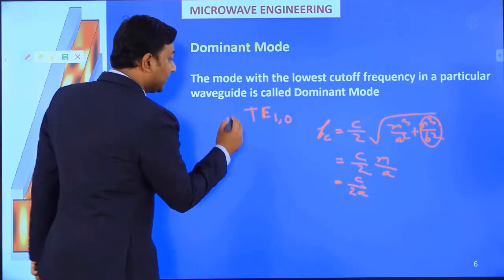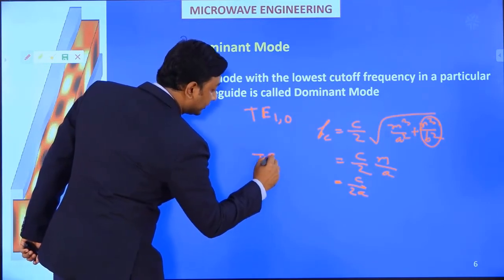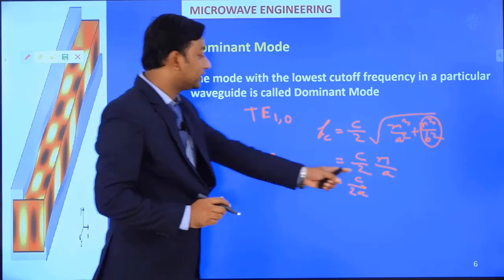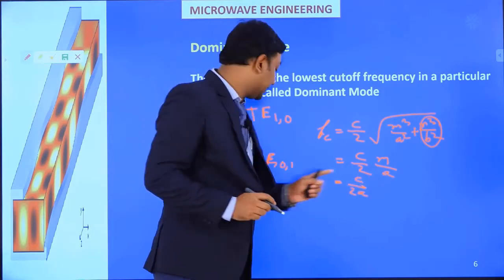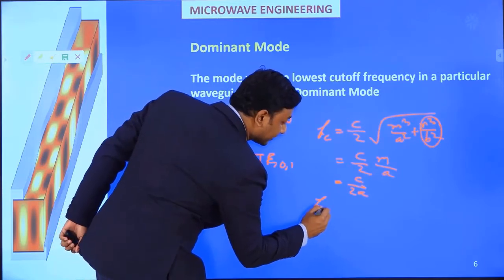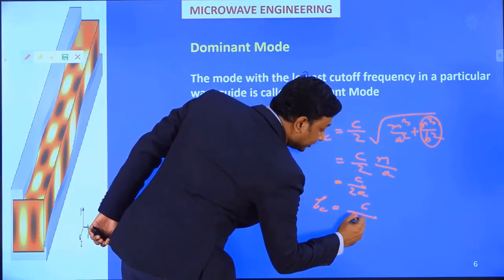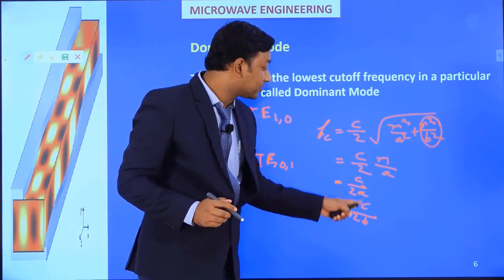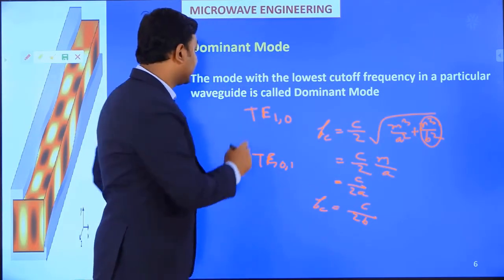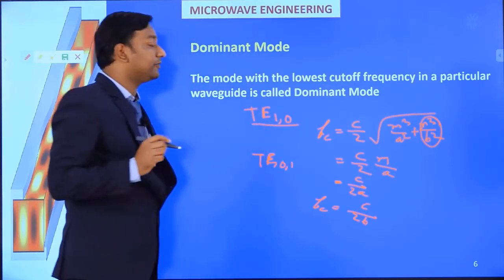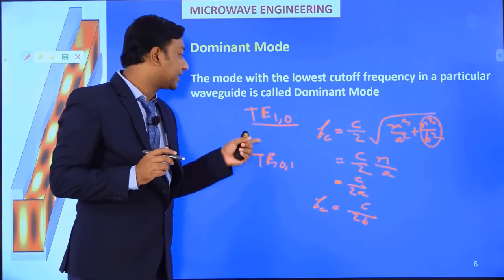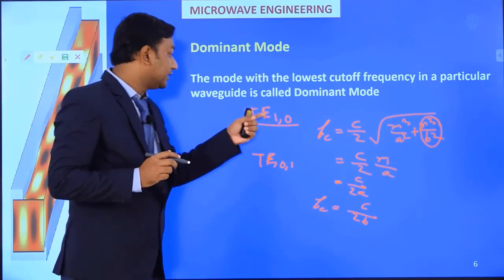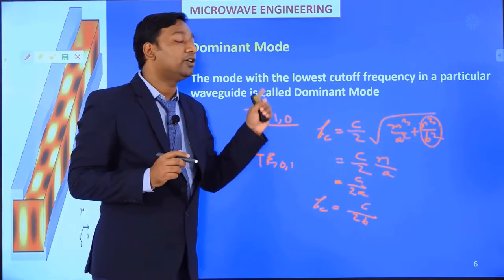Okay, maybe some people have a doubt why TE01 is not the lowest frequency, because the a value is always greater than b. For the TE01 case, we will get cutoff frequency equal to c by 2b. Here the b value is less compared to the a value, so this mode has the lowest cutoff frequency. So for a rectangular waveguide, the mode with the lowest cutoff frequency, TE10, is the dominant mode of